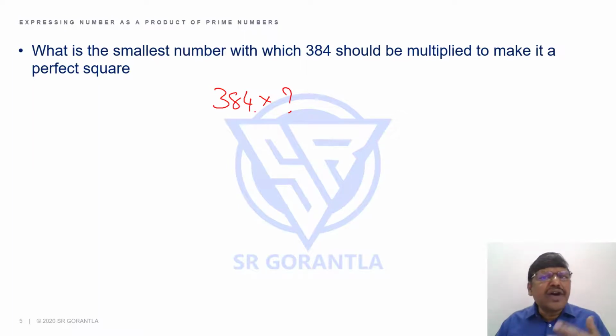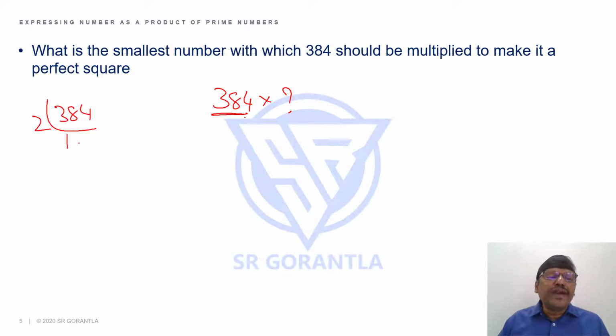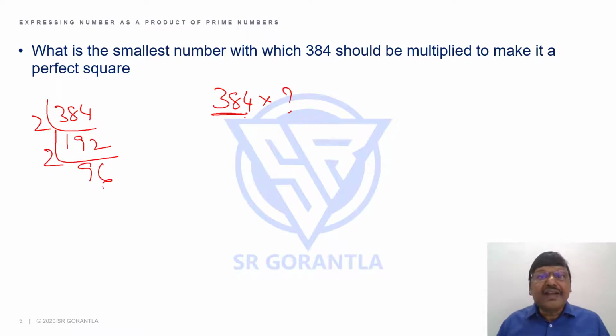Means, students, you can't try 384 into 1, 384 into 2, 384 into 3 and then see what will be your answer. So convert this to the base of prime numbers. You know, 384, if I look at 2 192s, 2 96s. What is 96? You can say 32 into 3. 32 is 2 power 5. 2 power 5 into 2, 2 square, 2 power 7 into 3 power 1. Yes or no? If you want, I'll show you further.